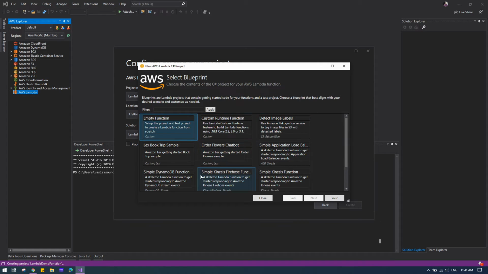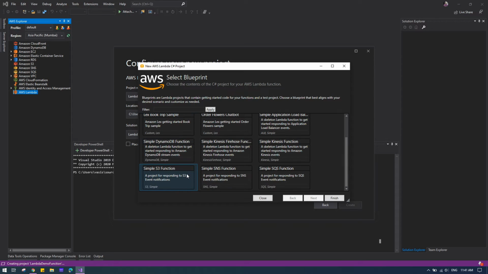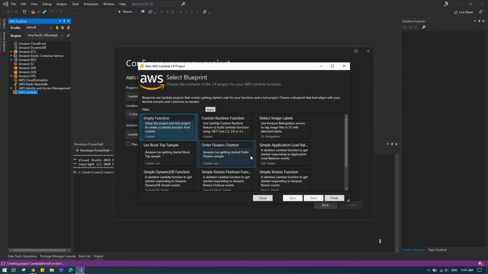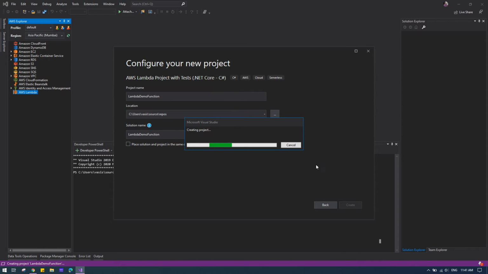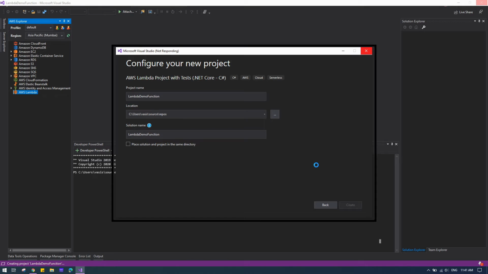For example, if I select the S3 function, it will have S3 buckets in place and S3 NuGet package references in the project, and the event will be ready to listen to the S3 event. For now I'm going with the empty function so that we can understand what exactly it is going to do, what the entry point is, how to deploy the function, and what the analogy of it is.